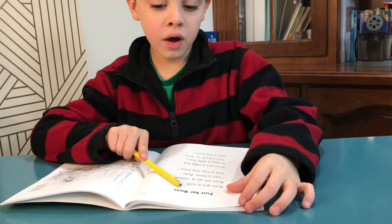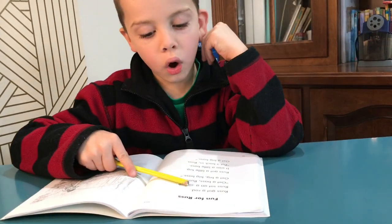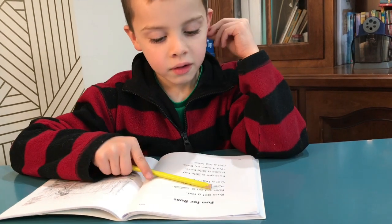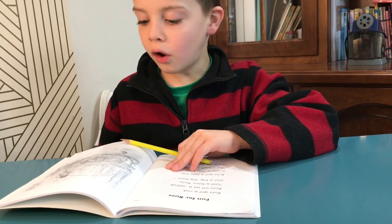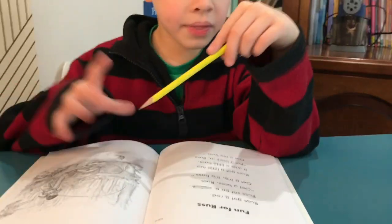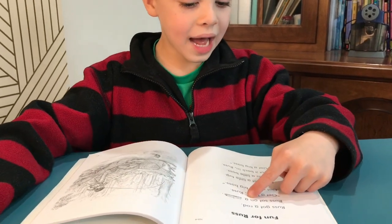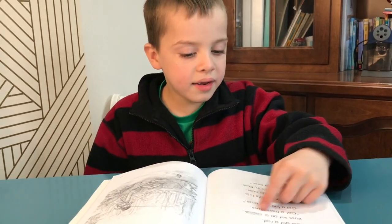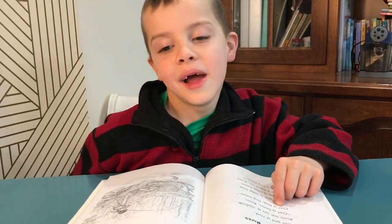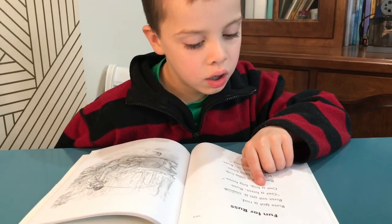Fun for Wes. Wes got a wad. Wes sat on a log. Good. Sometimes they have pictures instead of words. Get a bass. That's a kind of fish. Wes is telling him to get one. To get one, yep. Get a big